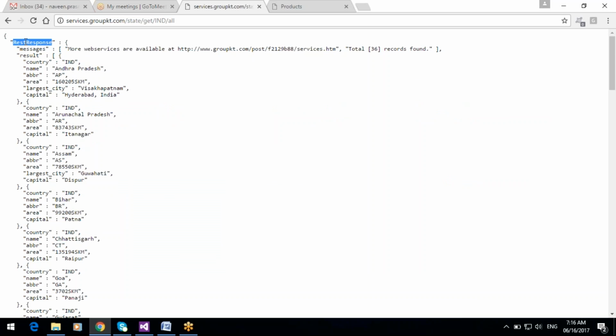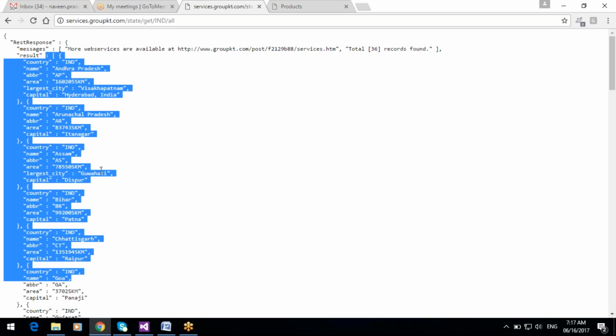This is the main object, the rest response. In this rest response we have the result object. In this result object we have all the states information.